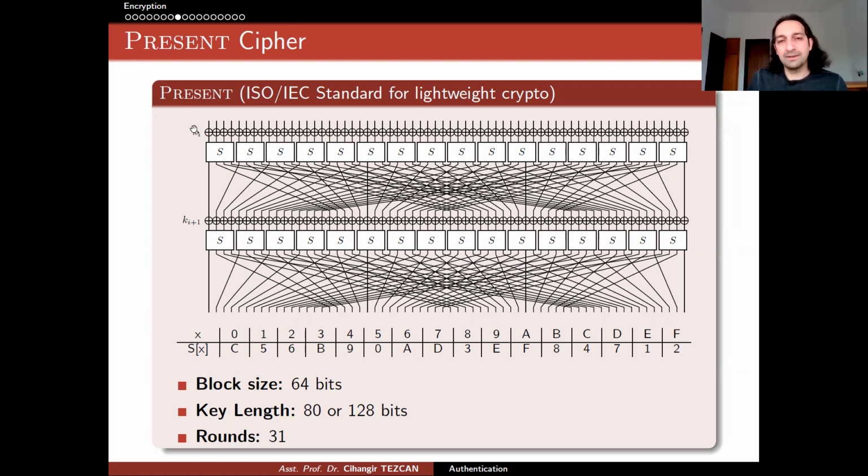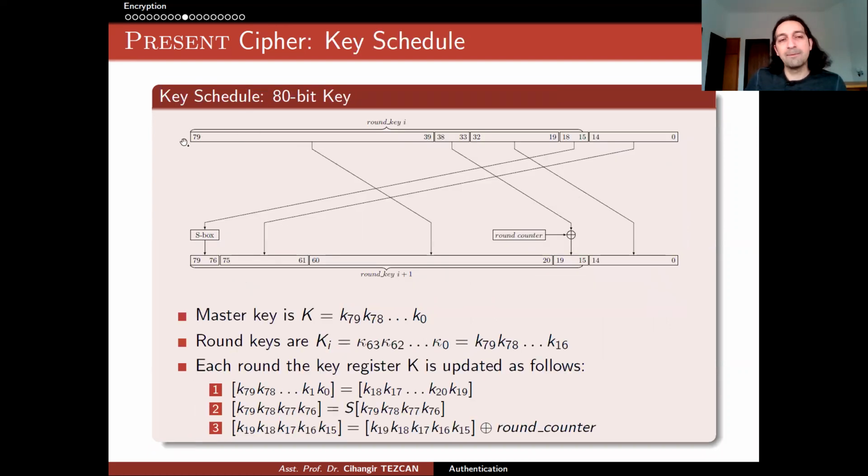Now you update this register. In the next round you use a different key, and it works like this. You have the 80 bits here. It says shifted 19 bits to the right. So you take these 64 bits here and put them there, and take these values and put them there. This is why there is a shift operation here, actually a rotation by 19 bits to the right.